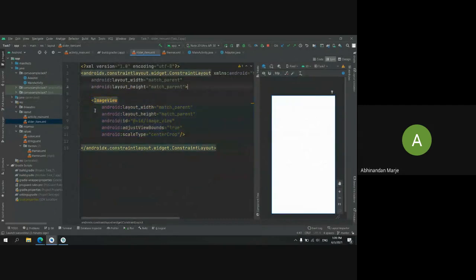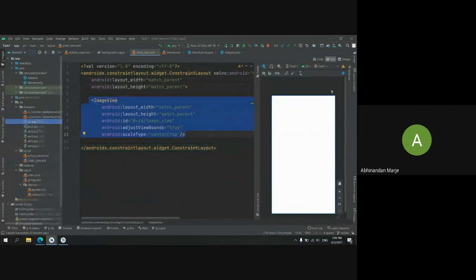I am using one image view, and I want to change that image view with these pictures. You can see here I have six different images in my drawable. You can just copy paste them from your other libraries, or download them and paste them here. So what I want to do is change all 6 images inside this single image view. Only one image view we are going to use, and we will just change our resource files.